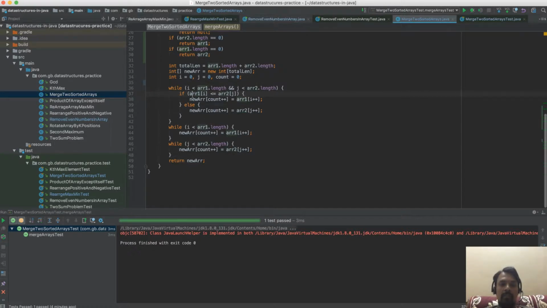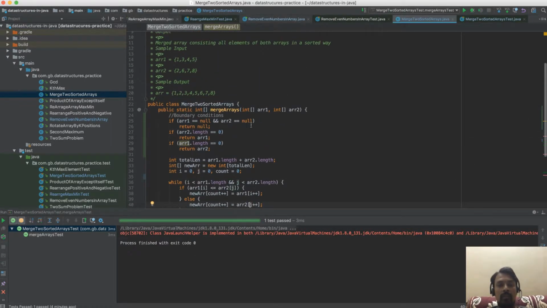If the first element in the first array is less than the first element in the second array, we add the first element in the first array to the new array. Else we add the first element in the second array to the new array. As we add, we need to increment the count variable as well as the index of i or j. If we add the element from array 1, we increment the i counter, and if we are adding the element from the second array, we increment the j counter.